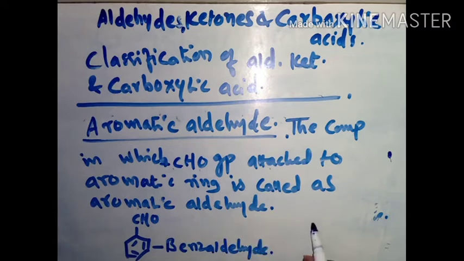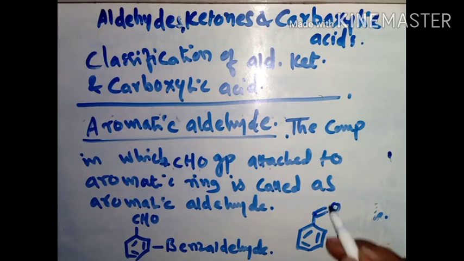Or this formula can also be written as, this one is the aromatic ring, and this one is known as the bond line structure formula. In this, the point shows the carbon atom, to which an oxygen atom is attached and another hydrogen atom is attached. So this middle point shows the carbon atom, and this is a carbon oxygen double bond, and to this carbon atom one aromatic ring and one hydrogen atom are bonded by a single bond. So that is the formula of benzaldehyde.